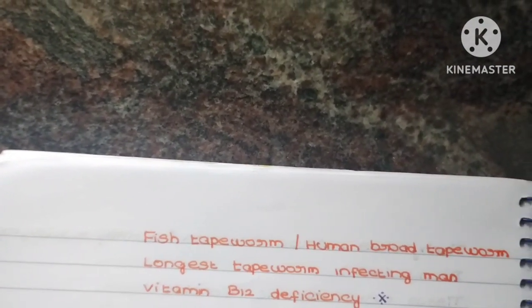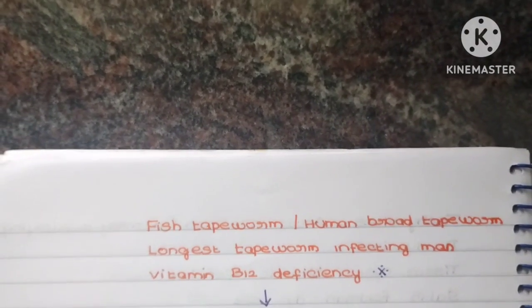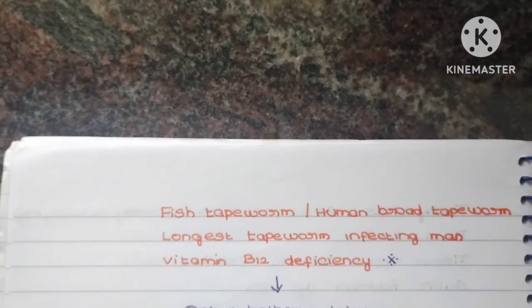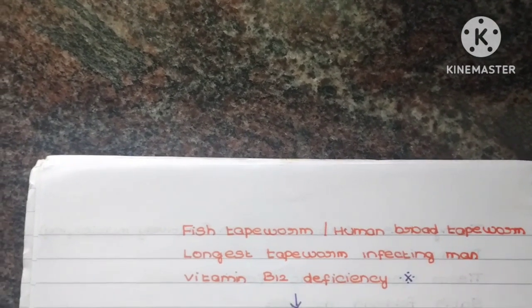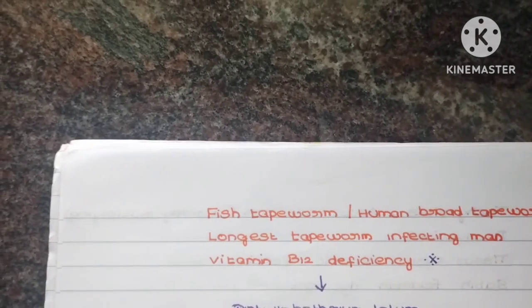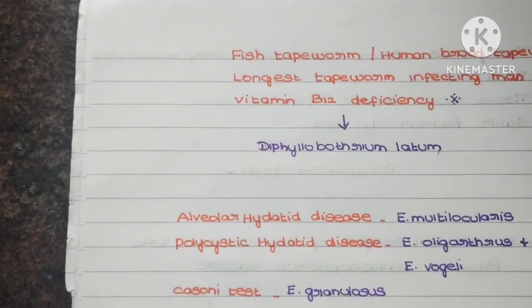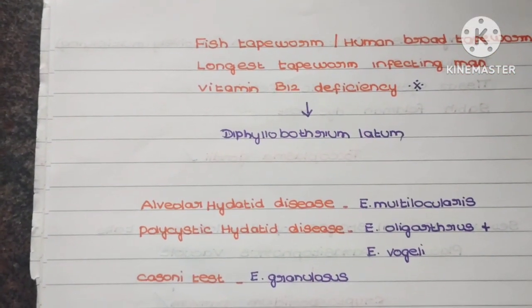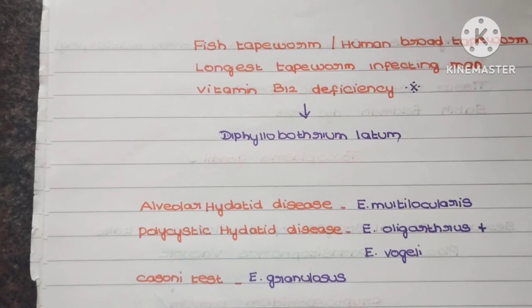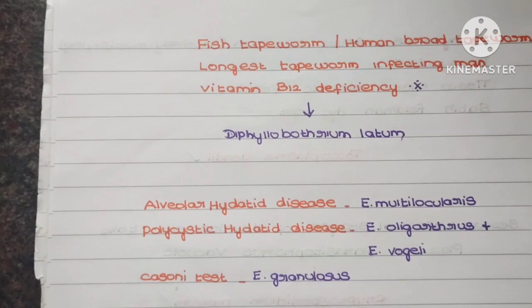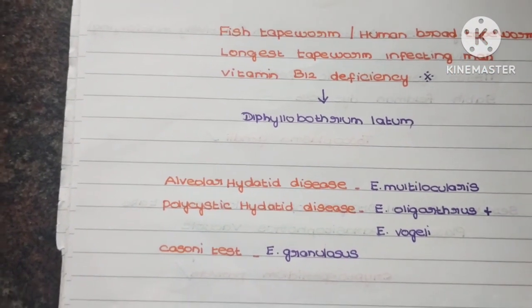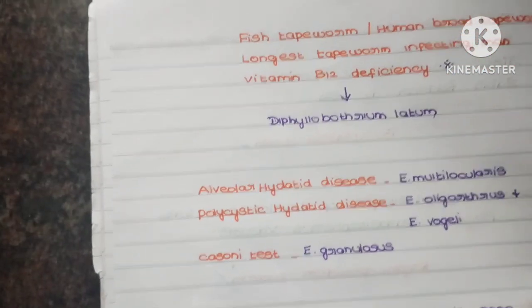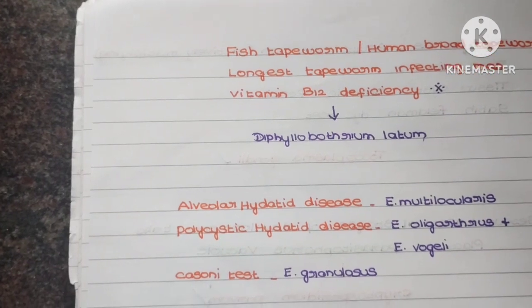Okay. So if you come across fish tapeworm or human broad tapeworm, the longest tapeworm infecting man, and it causes vitamin B12 deficiency, the most probable organism here is Diphyllobothrium latum. So next, alveolar hydatid disease is caused by Echinococcus multilocularis. Polycystic hydatid disease is caused by Echinococcus oligarthrus or vogeli, and as you know, the Casoni test is for Echinococcus granulosus, whereas the Sabin-Feldman test is for